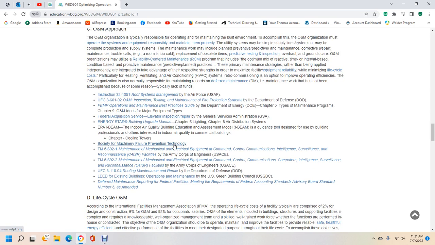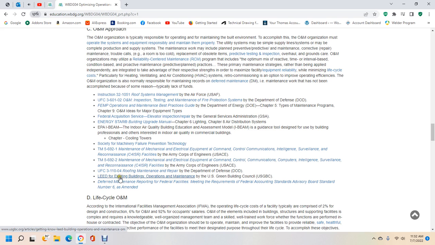Instruction 32-1051, Roof System Management; UFC 3-601-02, Operation and Maintenance, Inspection, Testing, and Maintenance of Fire Protection Systems; FEMA; FEMP, Operation and Maintenance Best Practice Guide; Federal Acquisition Service, Elevator Inspection and Repair; Energy Star Building Upgrade Manual; EPA; Society for Machinery Failure Prevention Technology; TM 6921, Maintenance of Mechanical, Electrical, Command, Control, Communications, and Intelligence, Surveillance, and Reconnaissance Facilities; TM 5-969-2, Maintenance of Mechanical, Electrical Equipment, Control, Command, Computers, Intelligence, Surveillance, and Reconnaissance,